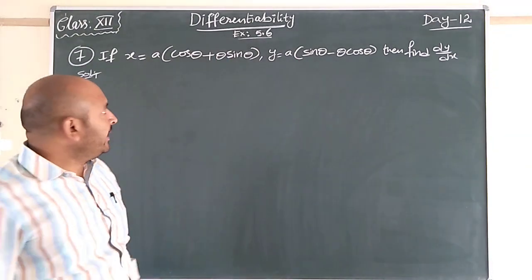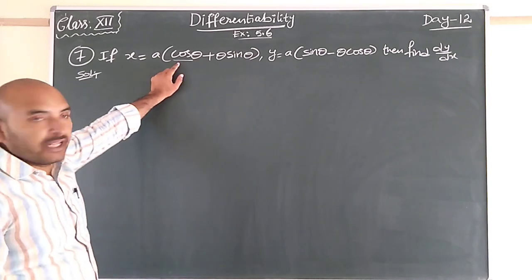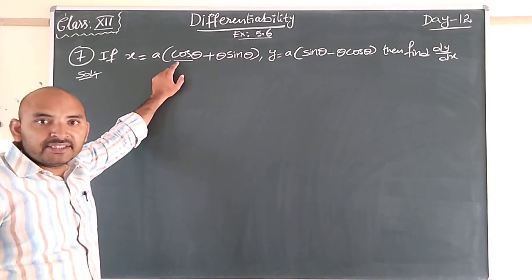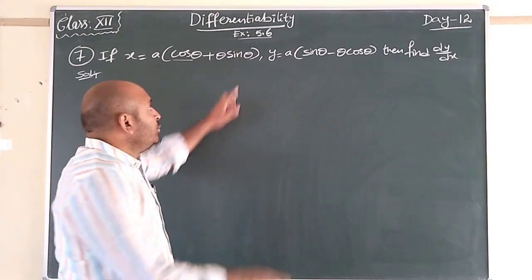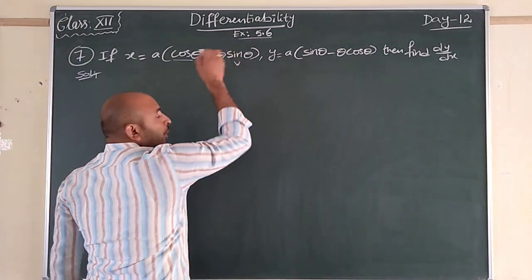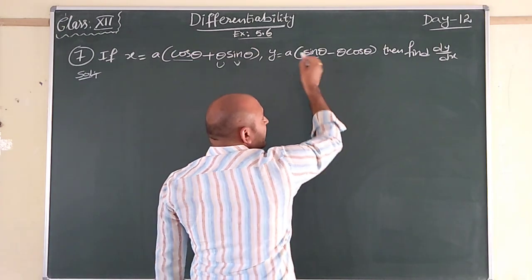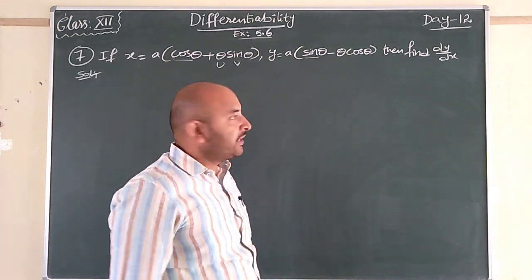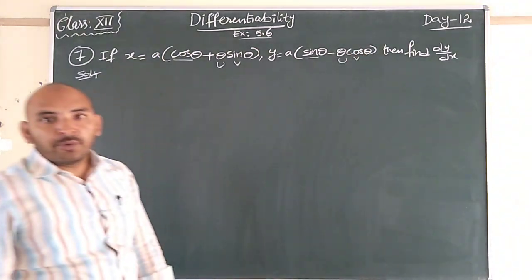Here observe clearly, this is one function. When applying the derivative of this function, the derivative of cos theta is minus sin theta. But here there is a product of two functions, so you should apply the product rule. And again the second function is the same thing. The derivative of sin theta is cos theta. Here also, theta cos theta, you have to apply the product rule, that means a product of two functions.